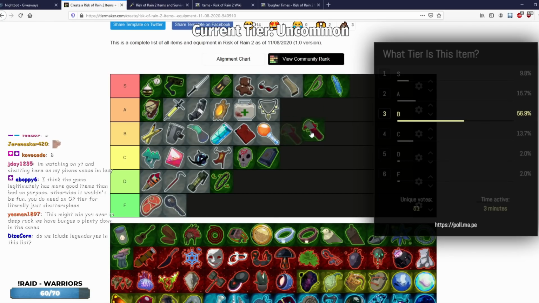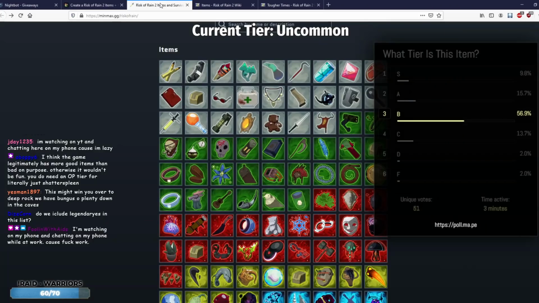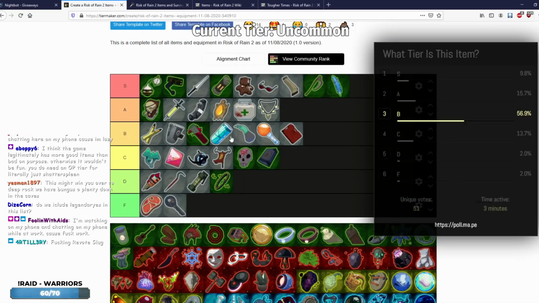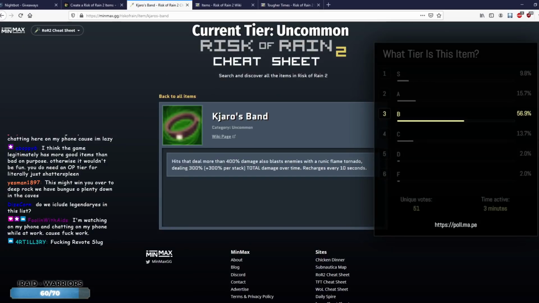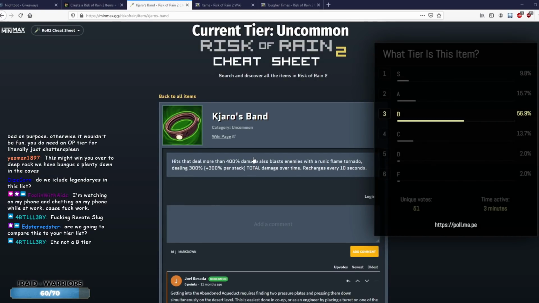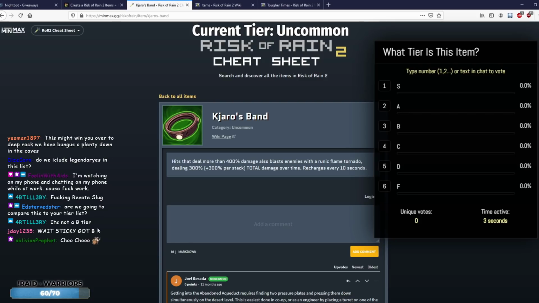I'm going to put it mid. Actually, no, I have to put it above Slug. I'm putting Slug at the bottom. Yeah, this seems about right. That seems okay. I just can't handle the fact that Slug was going to be above Infusion. Couldn't be me. All right, Kajaros, that's the next one we go for. Keep in mind that Kajaros can only proc on...